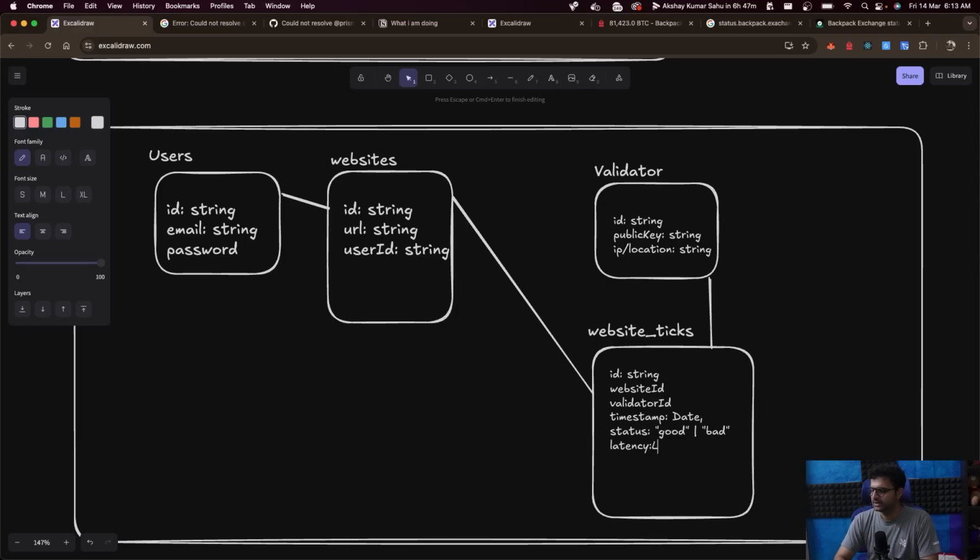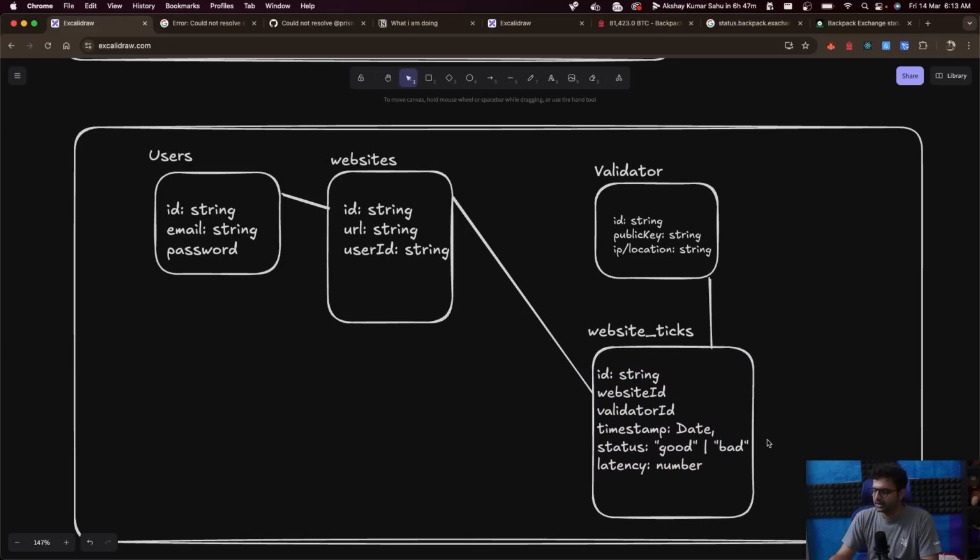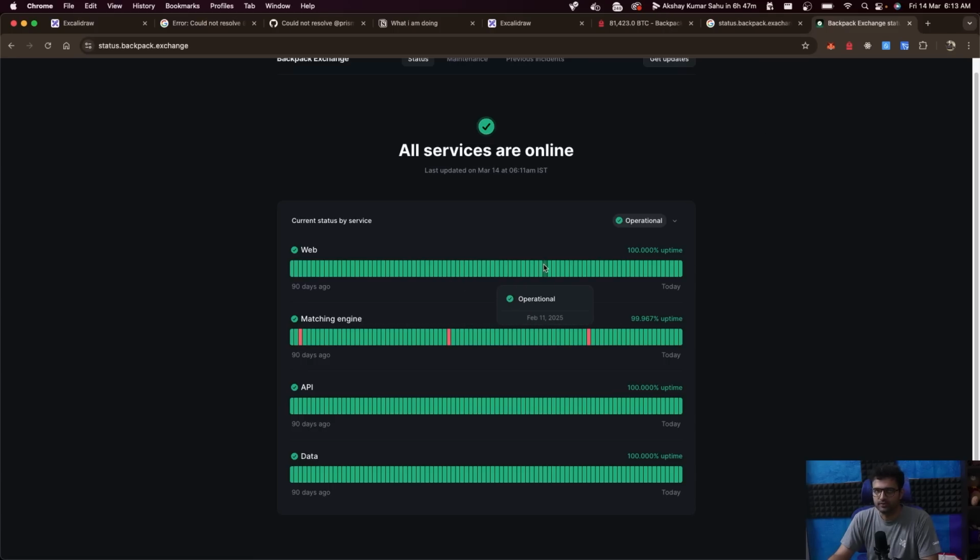And finally, latency, which is a number. How long did it take for the validator to hit the website? In case the status is good; if the status is bad, it doesn't matter. All right. Eventually, these ticks will help us create a graph like this on the front end, where the user